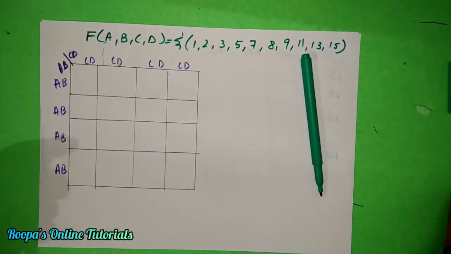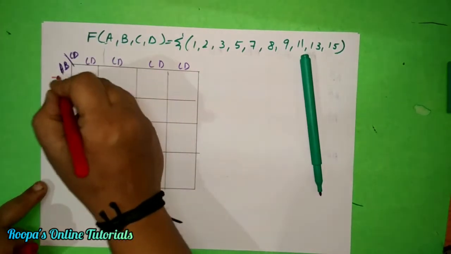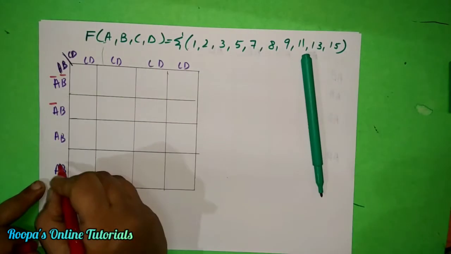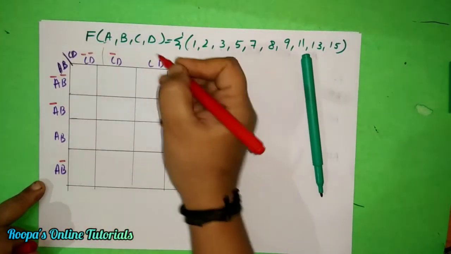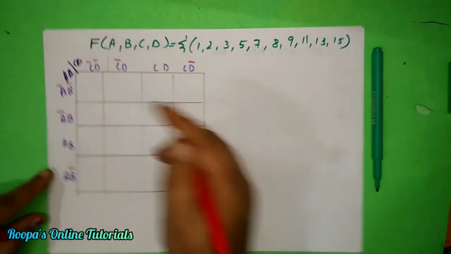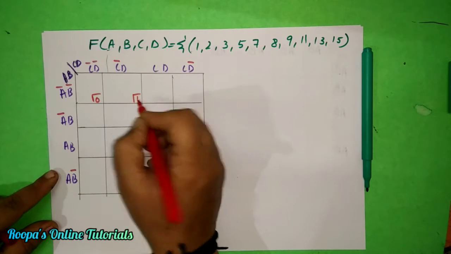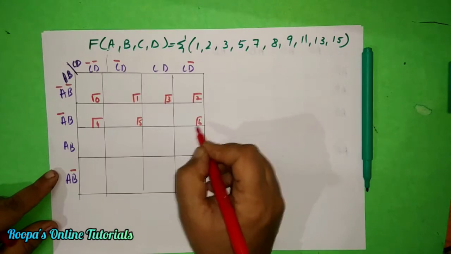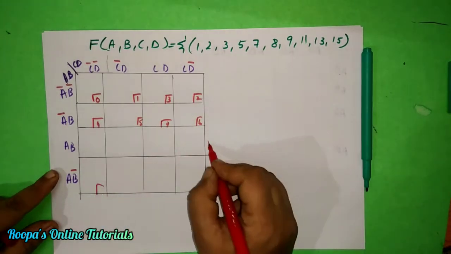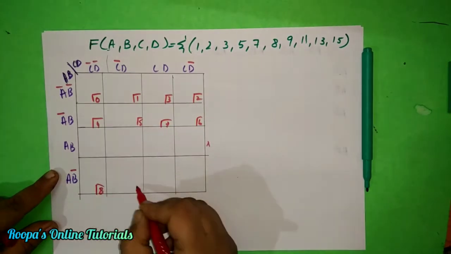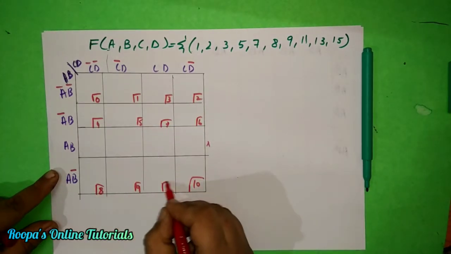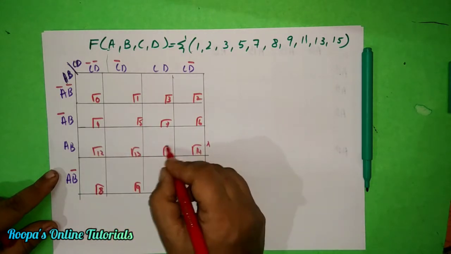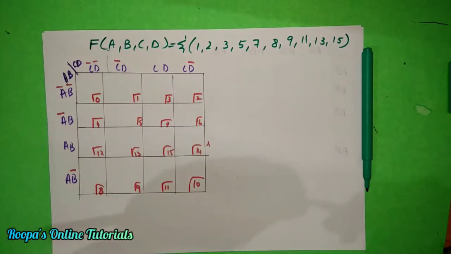After this I'm going to put the complements: first A complement B complement, then A complement B, and so on, and for C, D: C complement D complement, C complement D, and so on. After we do this, we have to put the numbers. It will be 0, 1, 2, 3, then 4, 5, 6, 7, then we leave this row. Then we go to that row, remember that: 8, 9, then the last row 10, 11. Then you go to 12, 13, 14 and 15. So we do all this marking and the grouping, and we get marks.